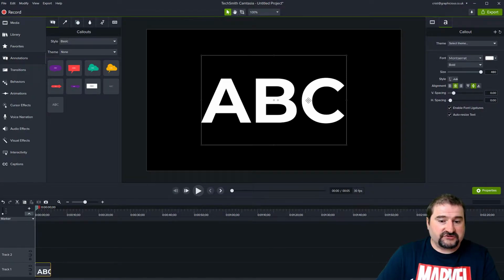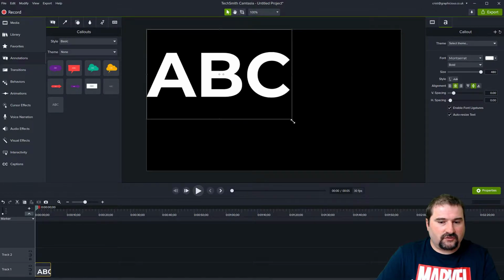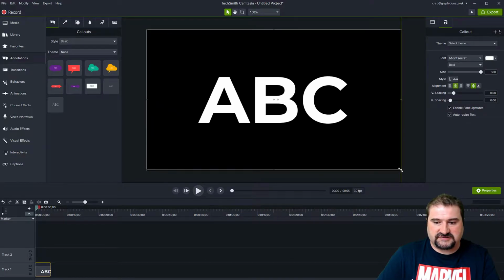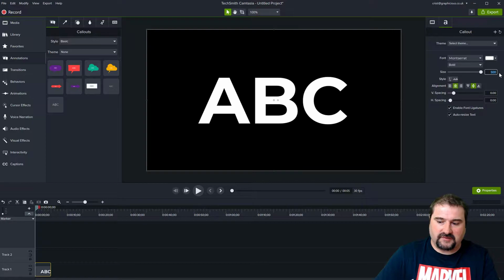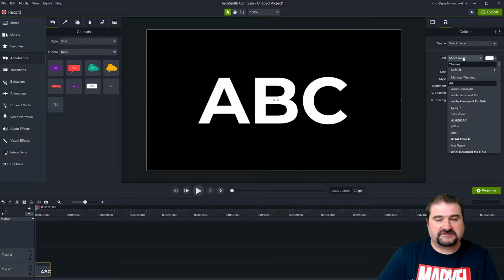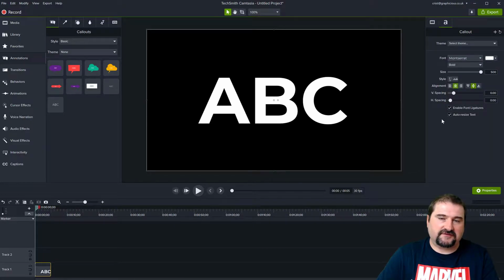So to start, I'm going to just go to the corner here and just enlarge this area because that allows me to maybe make this larger. I know 500 is the maximum, but if you use different fonts, it may actually be larger. So you can change to any font, it doesn't matter. And also this works if you want to change the font later. So don't get stuck on the font right here. I'm just going to actually leave it to Montserrat for now with bold, right?